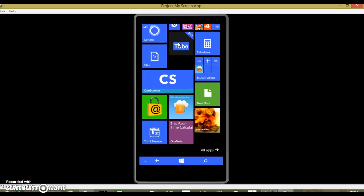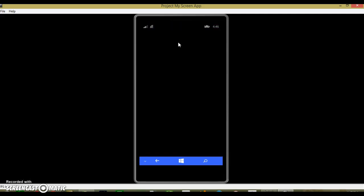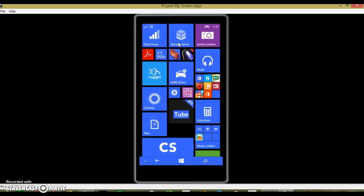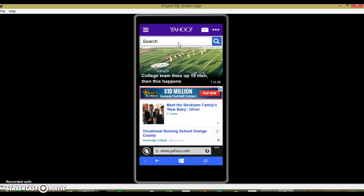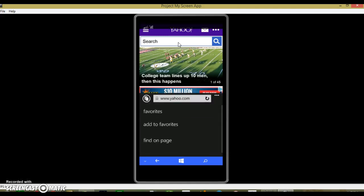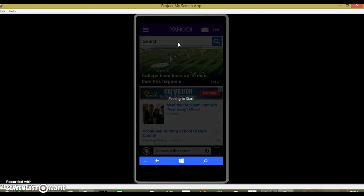Now, this is OneNote. That goes to one of my notes, not the entire function, but OneNote in OneNote, which is kind of nice. Now suppose I wanted a web page. So here we are at Yahoo. So I decide that I want Yahoo to be on my home screen. So I'll tap those three dots and it says pin to start,